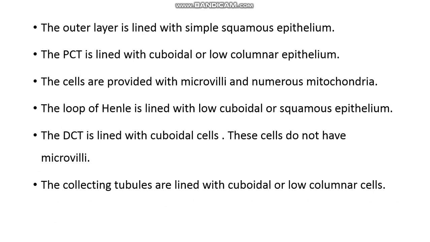Then the collecting tubules are lined with cuboidal or low columnar cells. So there are many cells lining these specific structures, and each of these structures is lined with different types of cells. So for the outer layer,